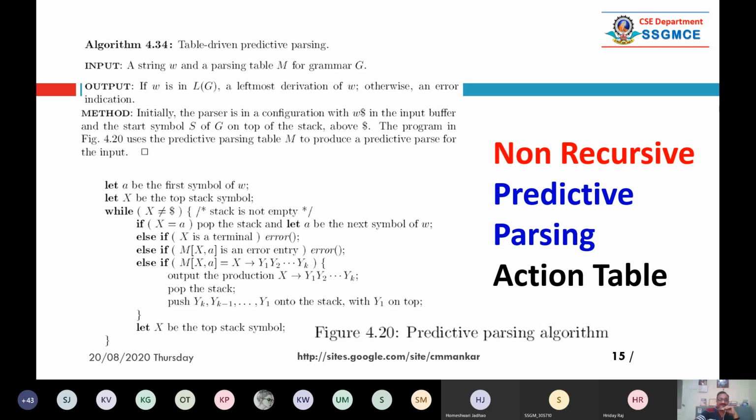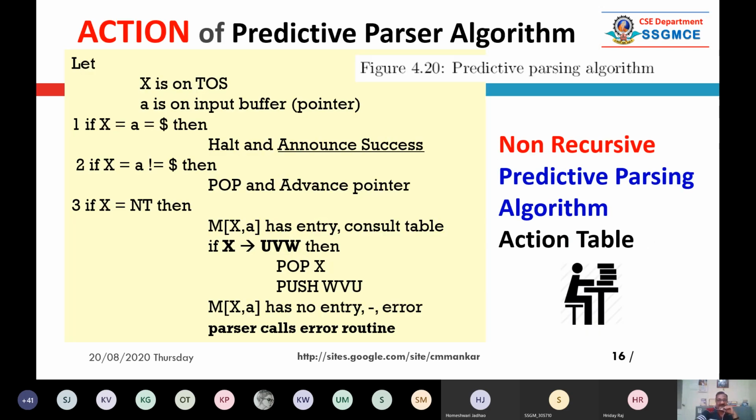The input is a token string. The output is the leftmost derivation of that particular token string. That means when we operate this algorithm recursively on the given statement or string of tokens, we get the parsing derivation. We ultimately derive that given statement. I will summarize it in the next slide. I'm not reading this right now. There is no need. This is simple. I have simplified this. So what is this?